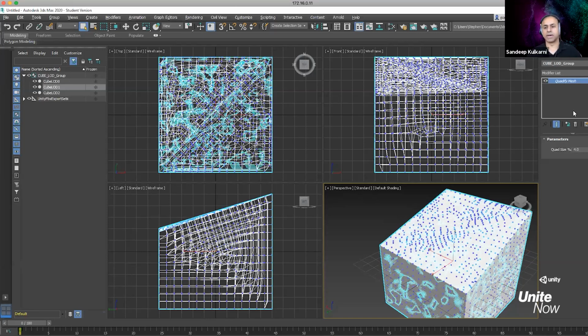Yeah, I think that's what they're asking. Sometimes when you group them, it stops showing up there, so you can add it back. It's just adding back the modifier list, and then you can change that parameter. Hopefully that helps out with that question.